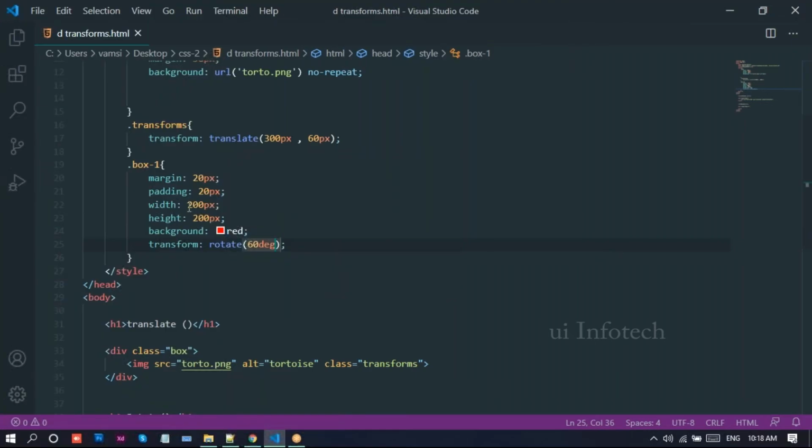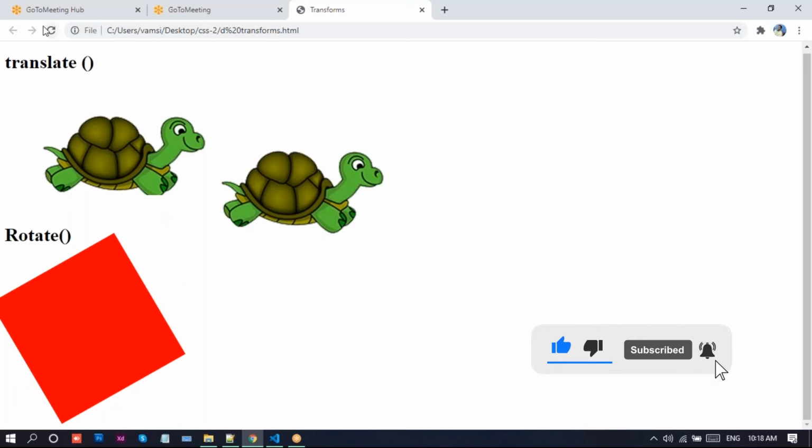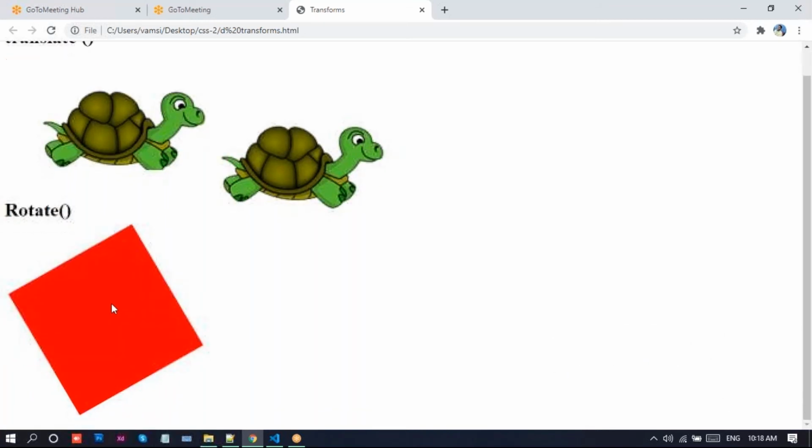It will be rotated here. And I'll apply margins there, something like 50 pixels or 40 pixels. Go to this browser once, just reload this page. Look at the output we have. So we can rotate the elements using these rotate functions.